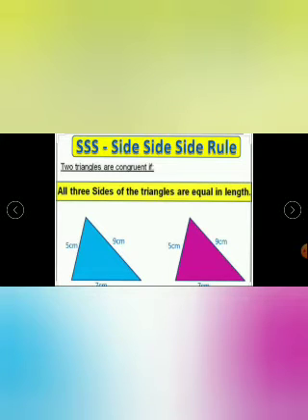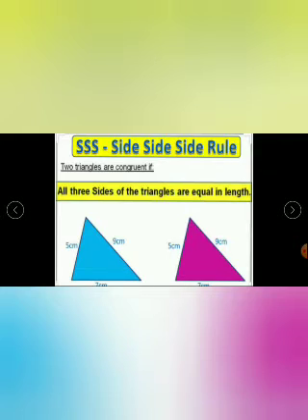Here two triangles you can see, one blue triangle and one pink triangle, isn't it? When you look at the sides, what do you feel? Here we have 7 centimeter. Here also we have 7 centimeter. Here you have 5 centimeter. Here also you have 5 centimeter. And this side is 9 centimeter. Here also 9 centimeter. So according to the figure, you can say the lengths of the sides of the two triangles are equal. That means two triangles are congruent if all three sides of the triangles are equal in length. That is the SSS rule.